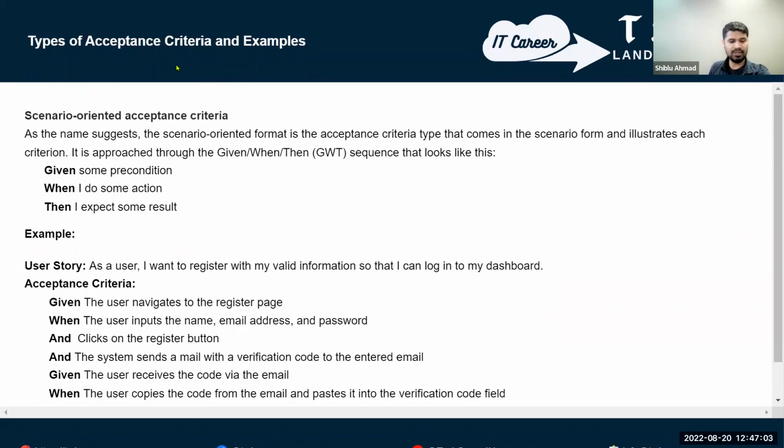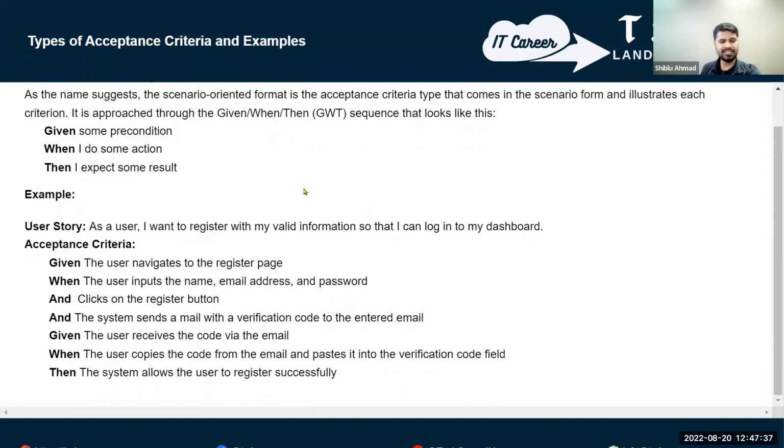So as a user, I want to register with my valid information so that I can log in to the dashboard. Given the user navigates to the register page, right? And when the user inputs the name, email address, and password, and clicks on the register button, and the system sends a mail with a verification code to the entered email, means the email you sent. Given the user received the code via the email, when the user copies the code from the email and pastes it to the verification code, then the system will allow the user successfully. You see this? How professionally is it